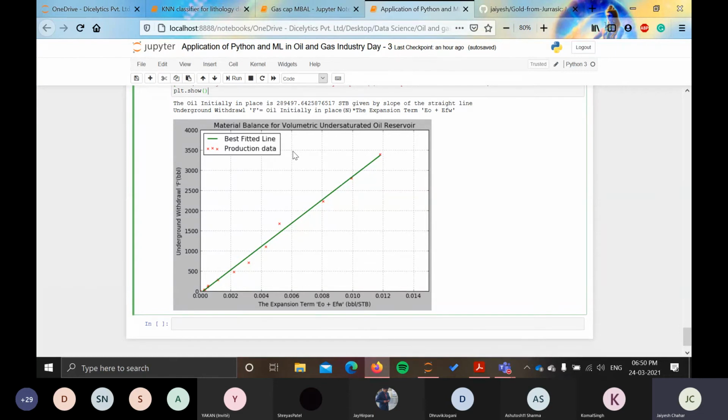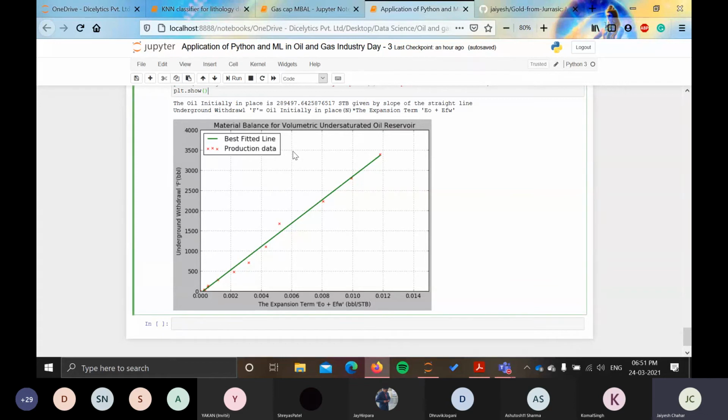You can also make a model for gas cap material balance. In that, there will be two variables whose values will not be available. Generally in the field, the initial oil in place value and the initial gas cap ratio value, denoted by M in our Havlena and Odeh straight line equation, are not known.